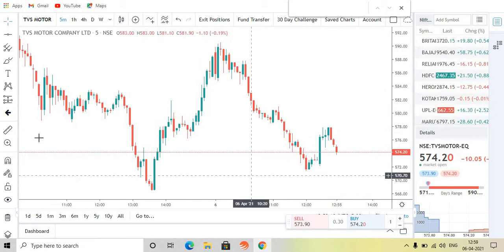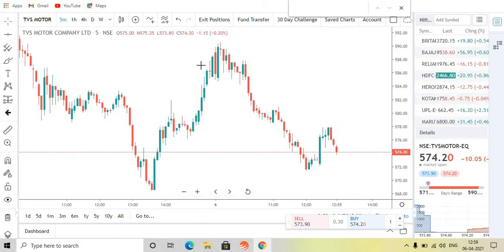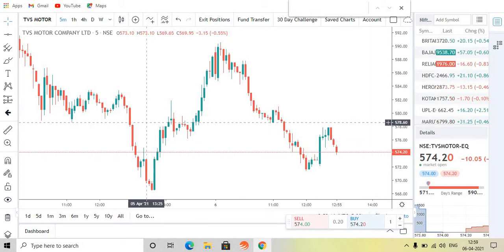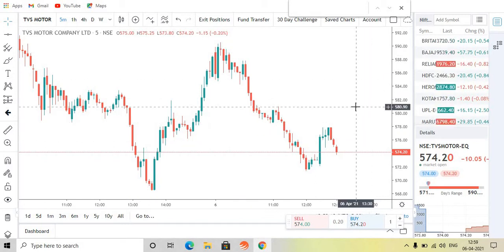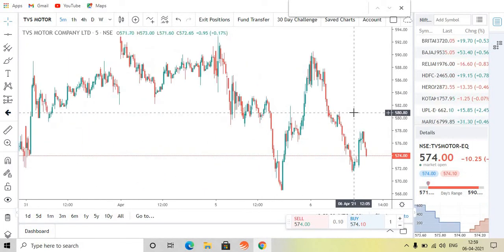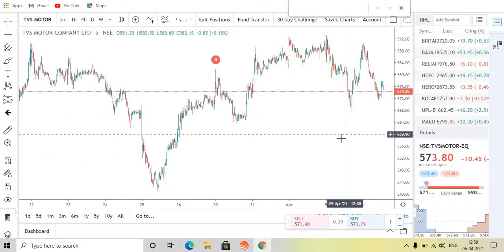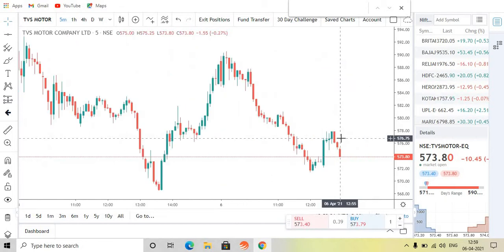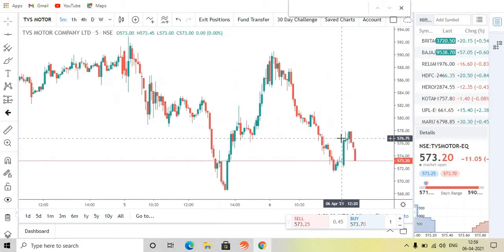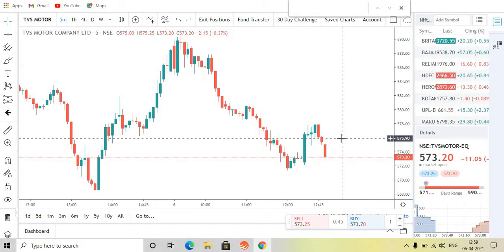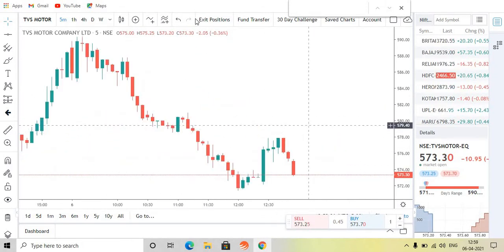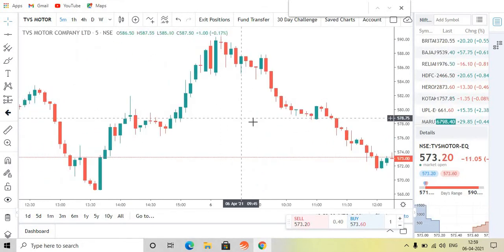Now this is a blank chart without any indicators. This is the look and feel which I like. It is a clutter-free look, very clear, with a white background and green and blue candles. You can just zoom in and zoom out. It's very clutter-free and very nice to look at. That is the only reason I use Fyers. Now this is a blank screen without any indicators.